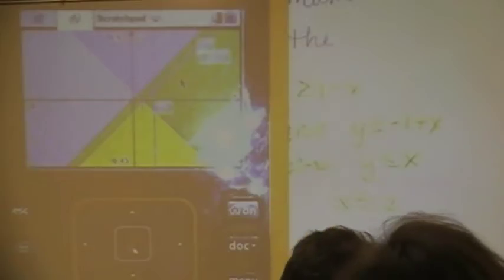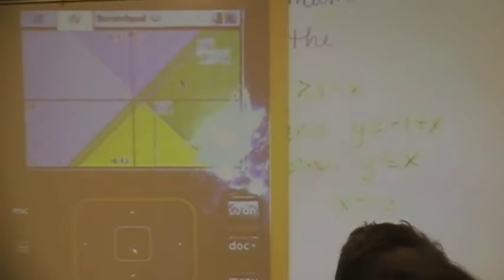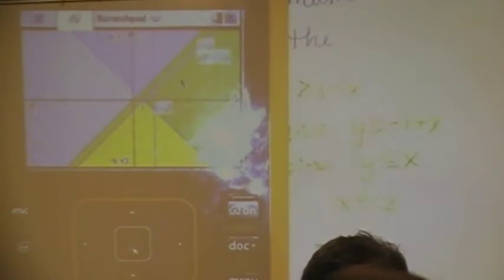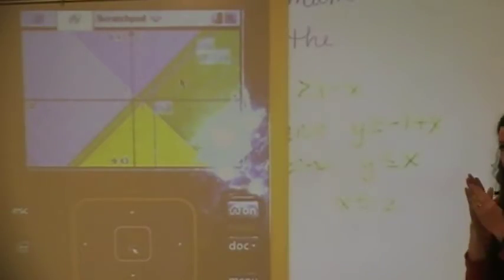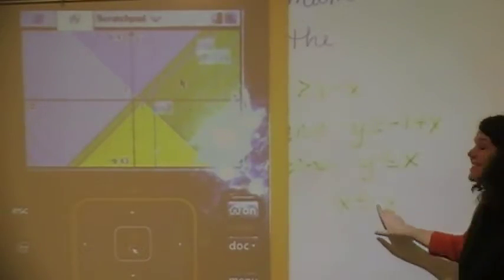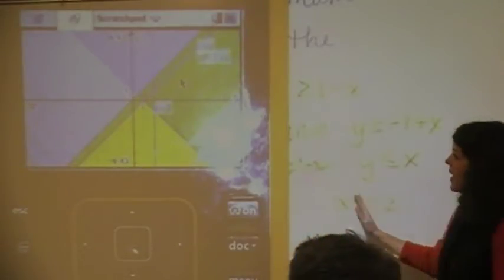How do you delete a line on this one? Okay. You can hover on it and click it and then hit delete. You have to click it until it's blinking. When it's blinking, you hit delete. Okay, so now, the area in question, because it says x is less than 2, that would be from